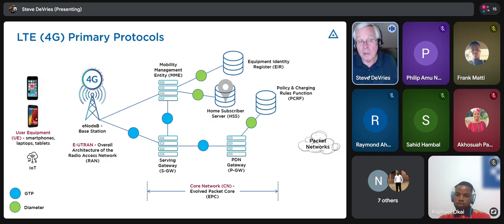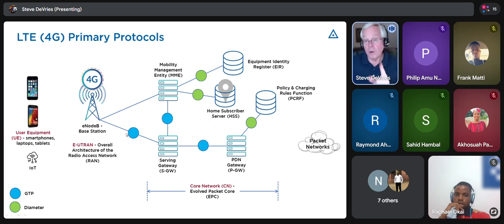So when this mobile goes to www.anything.com, that's still going to go through that GTP tunnel. It's going to go through a separate GTP tunnel and go out to the packet network. So it's a much flatter architecture.